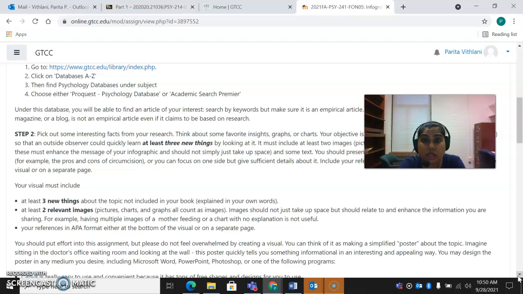But now if you have 2 different pictures of a mother holding a baby breastfeeding from different angles, you're not doing anything good. One image to represent that is good, but the second one should be something different, enhancing the message that you're trying to put across. So some 3 new things and 2 relevant images along with your references in the APA format. The references, you can either put at the bottom of your visual or on a separate page,